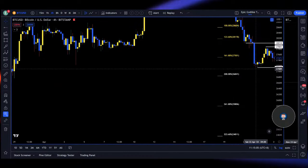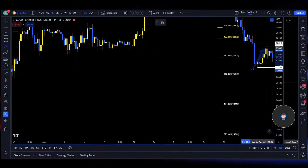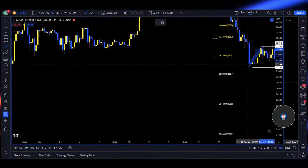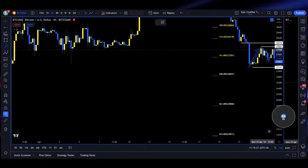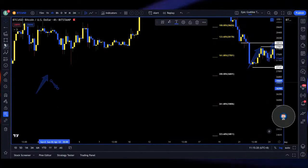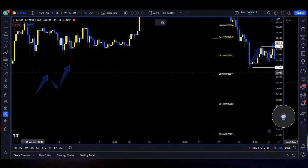So basically, this made a high, it made a high, and it made a low right here. But it did not clear the low, right? And then it made a high, right? Meaning this is a zigzag, right? Zigzag. Okay. So what you have to look for next is